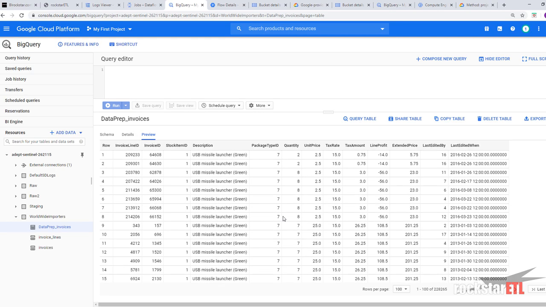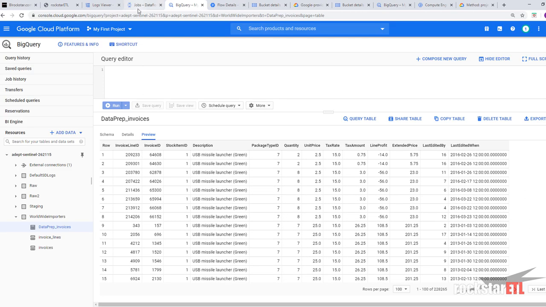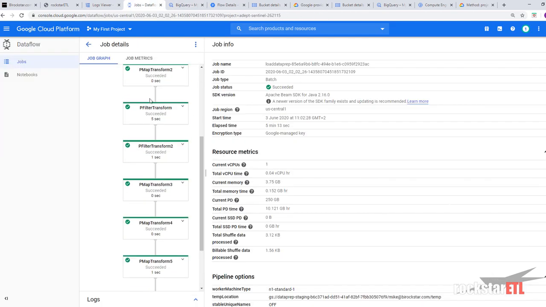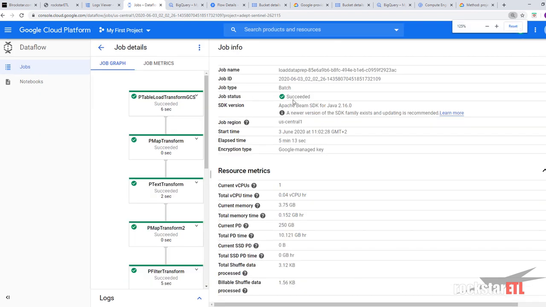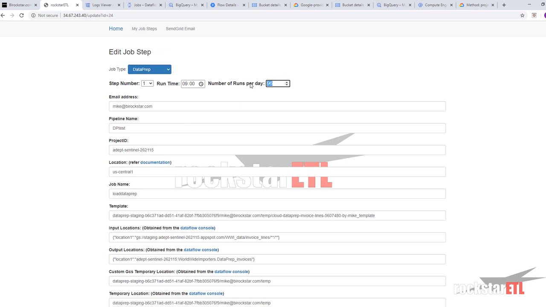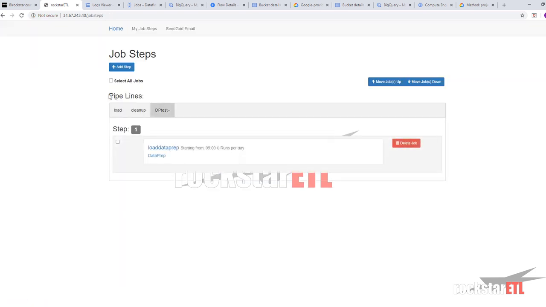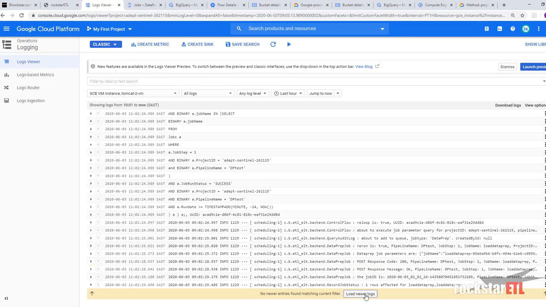So that's loaded up our data successfully using the Dataflow job, which is now succeeded. It means we can go in and disable our pipeline and check our Stackdriver logs,